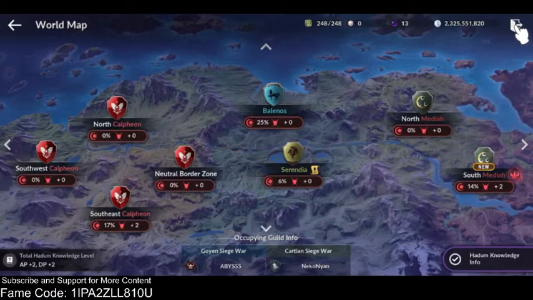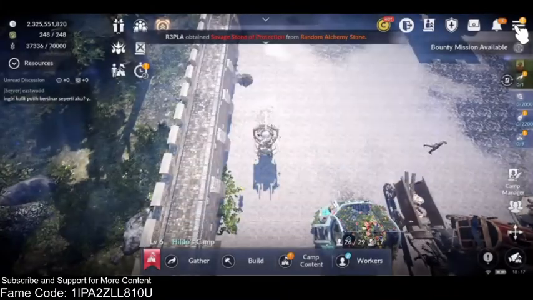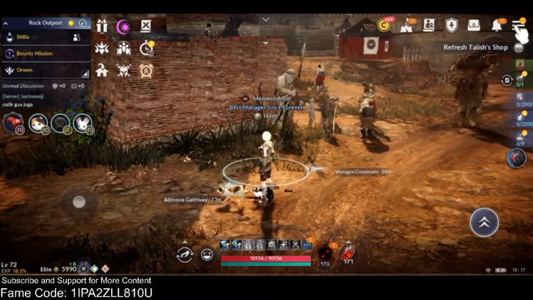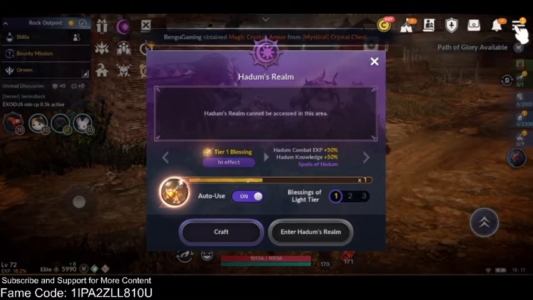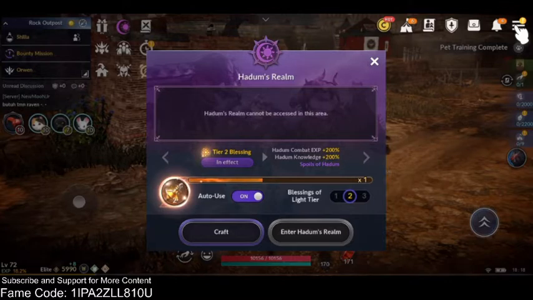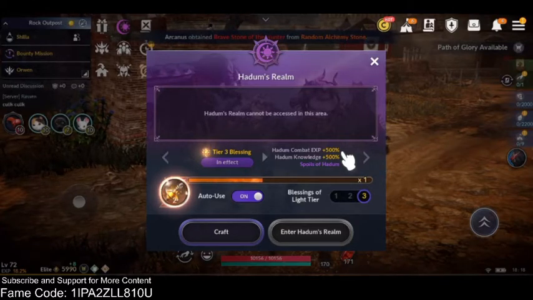So let me go back here. Once you are able to activate Hadum, you will get additional combat experience of plus 50 if you are on tier 1, plus 200 if you are on tier 2, and plus 500 if you are on tier 3. So I for one always save, what do you call this thing here,